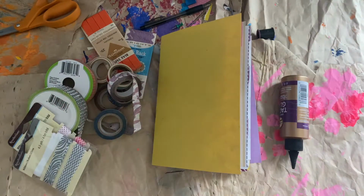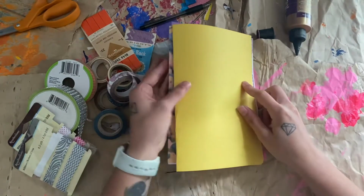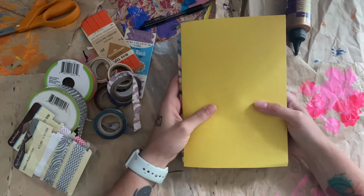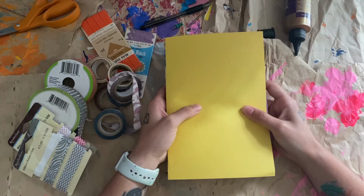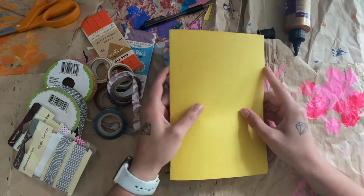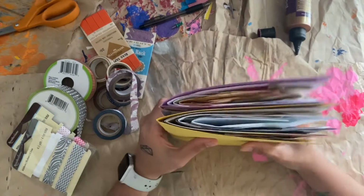Guys, we're here today to kind of make a junk journal. I started one and I figured that maybe some people would want to watch the process with me, so I decided I would just try to videotape some of it. This is going to be one of my 100 things in the 100 Things 2021 challenge, and it's going to be just a regular journal